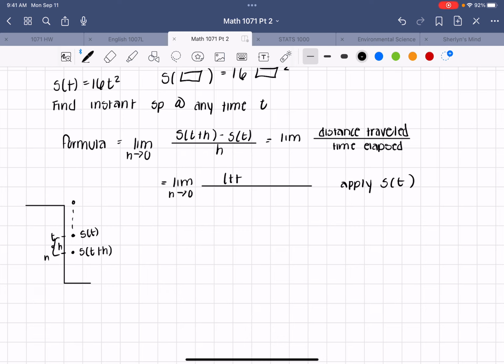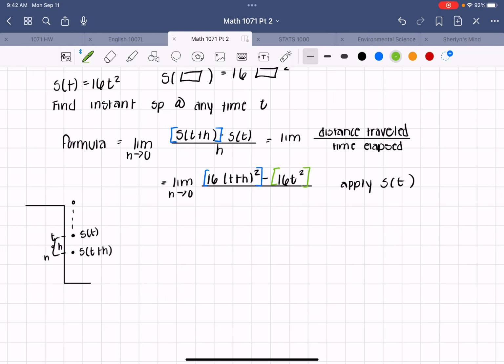So this in blue is that in blue. Minus s of t. Usually people are okay with s of t, because it's sitting right there. Put t in the box and you have 16t squared over h. So the first thing I did is apply my function. Now take the limit as h goes to 0 of